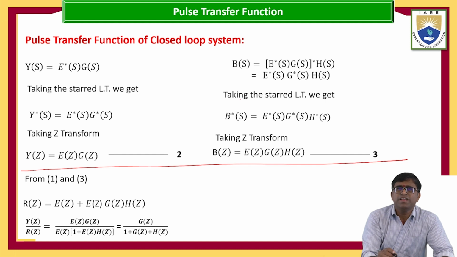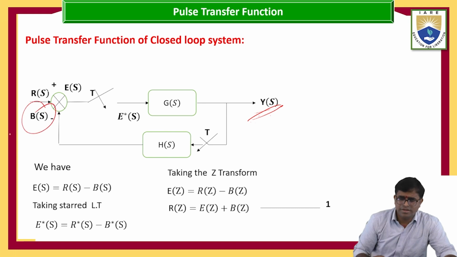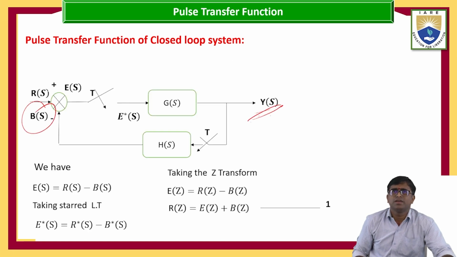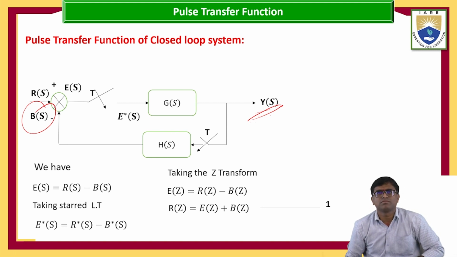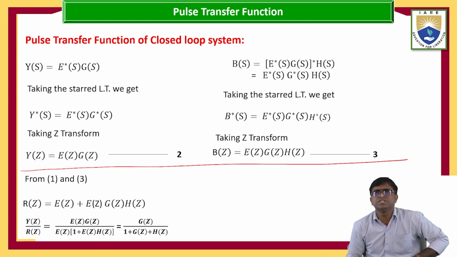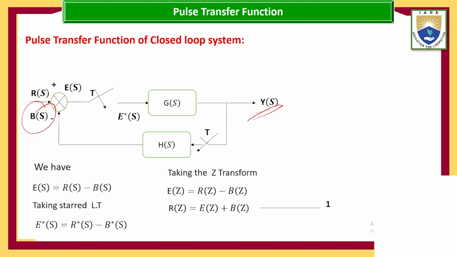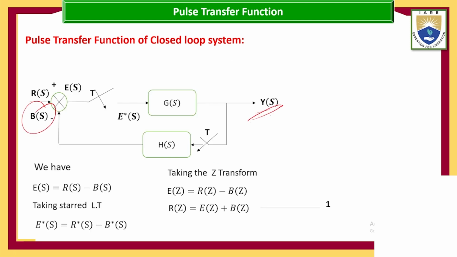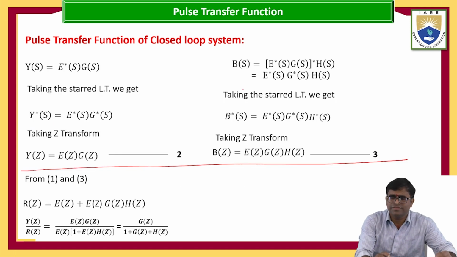So, here B of S. What is B of S? B of S equals E star of S into G star of S into H star of S. See, B of S equals E star of S into G star of S into H star of S. Up to this value, E star of S, G star of S into H star of S,